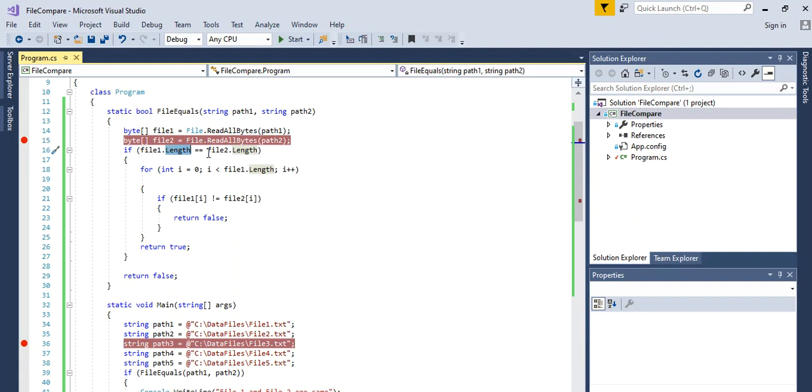Once this condition is satisfied, then we compare byte by byte of the two files, and if any of their bytes at the same position is not the same, we will return false. If it happily passes this loop without going into this if condition, it will return true. So let's do the demo.